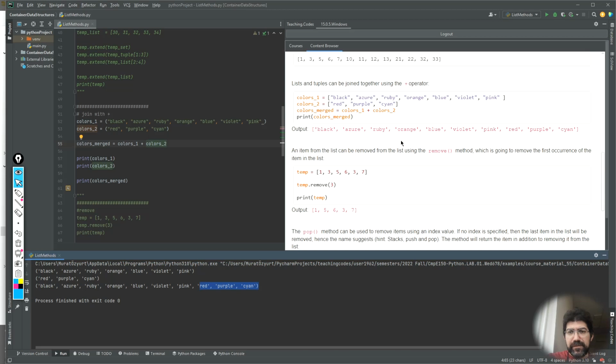You can also remove items from a list using the remove method. It's going to remove the number 3 from your list. It's not going to remove the item at position 3. It's going to remove 3 from that list. It's going to remove the first occurrence of that 3 or that value. So if we move on with our example,